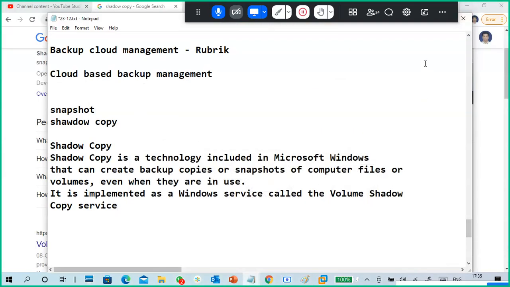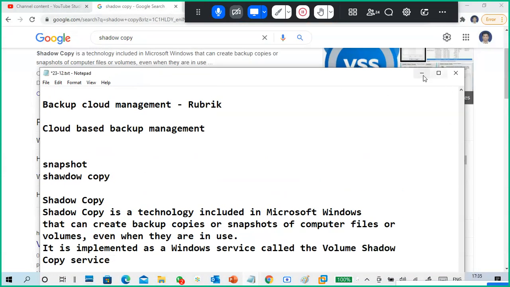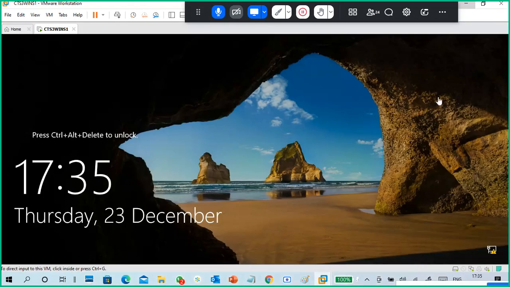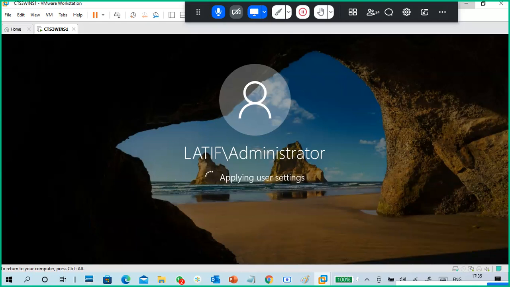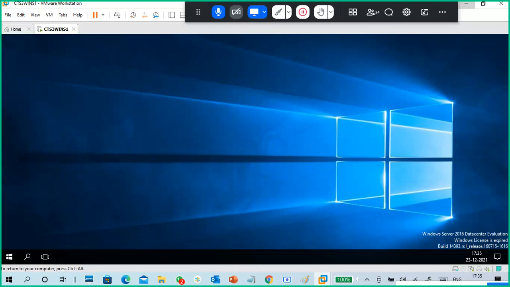I will show you practically, because however much I explain, you will get a headache. If you don't understand, that is okay, no problem. But if you get a headache, that's the problem. This is my server, itself a domain controller. Does anybody have any doubts about domain controller also? Ask me.